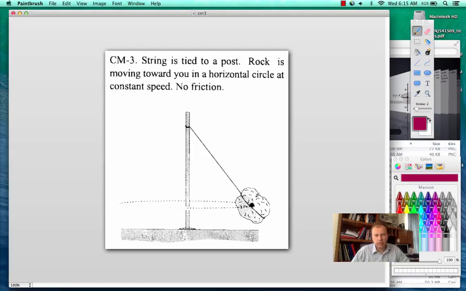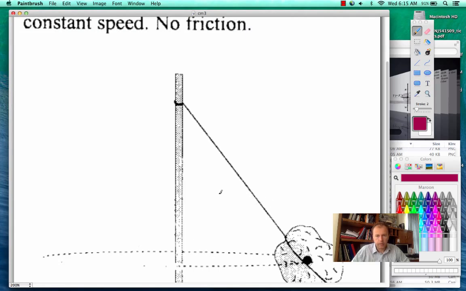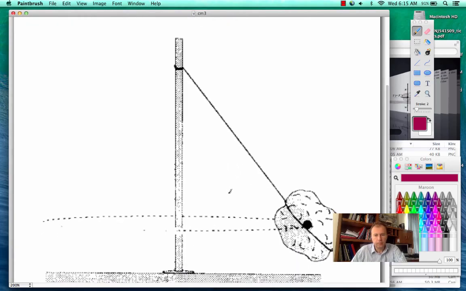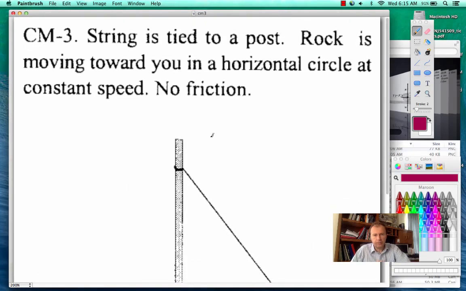So what are we thinking about it? We say, how can we draw a free body diagram for this situation? Let me make this a little bigger. There we go. So remember, a string is tied to a post and a rock is moving in a horizontal circle at